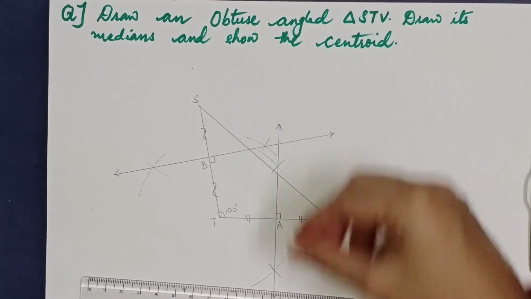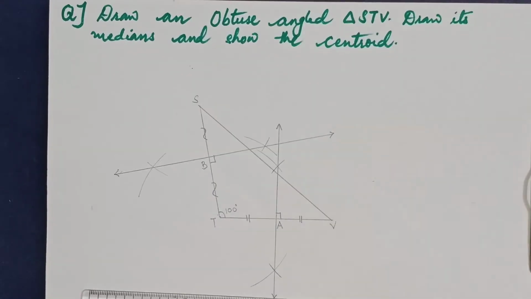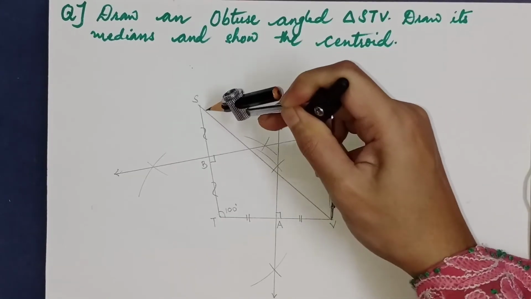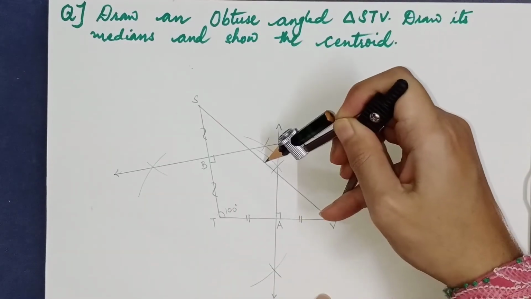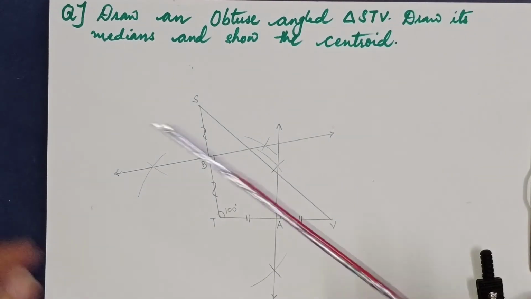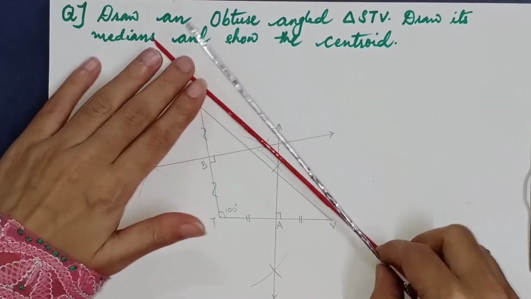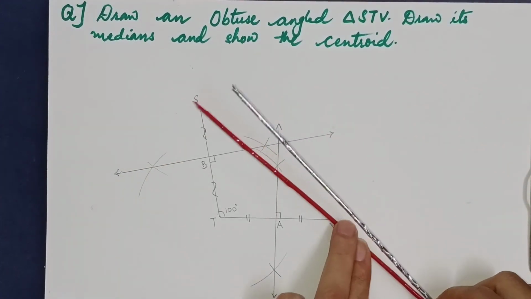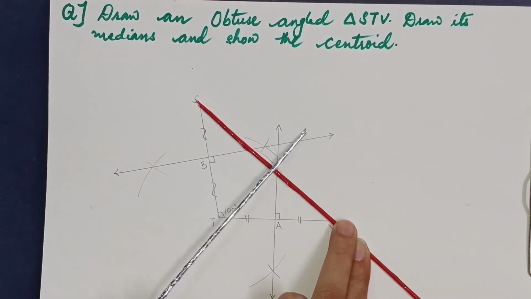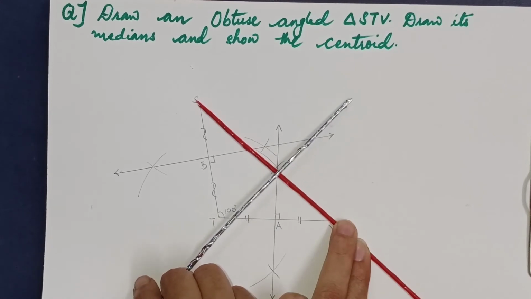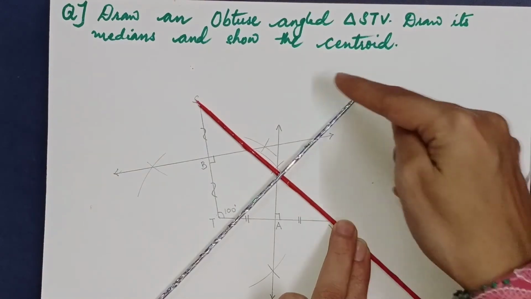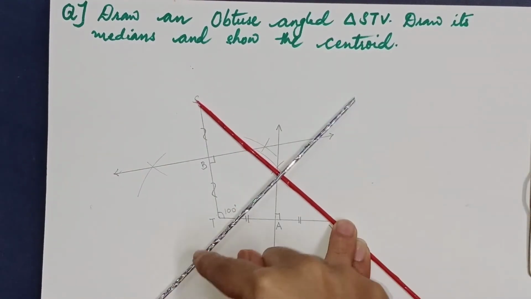Now, the third bisector, we are going to draw it for the side SV. Again, we'll take the compass. This is the side. We'll take more than half. Half is almost this much. We'll take it more than that. Again, we will analyze where our perpendicular bisector lies. So suppose this is the side. Now your perpendicular bisector will pass from here like this. It should make a plus sign like this. So with this analysis, we should know that the intersection areas are in this region and this particular region.